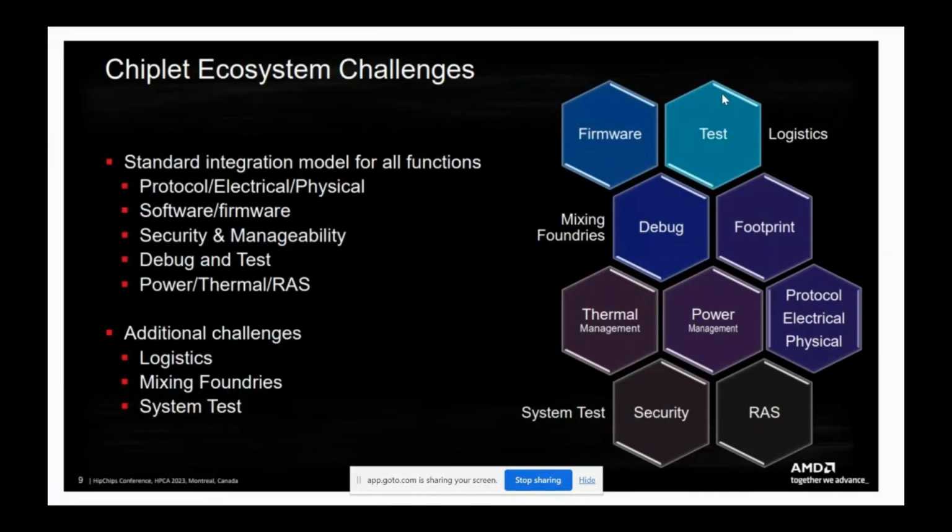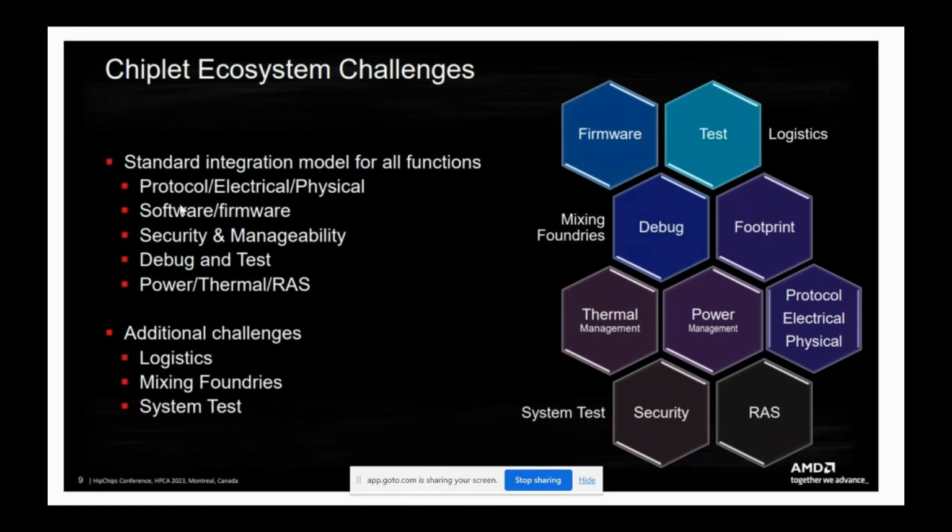So I borrowed this slide from Nathan, who's from AMD. He presented this at Hot Chips a few weeks ago, but from a systems company, IC company, it frames what the issues are, right?